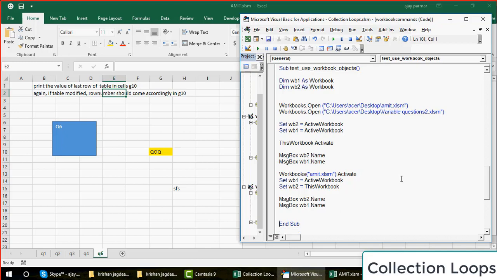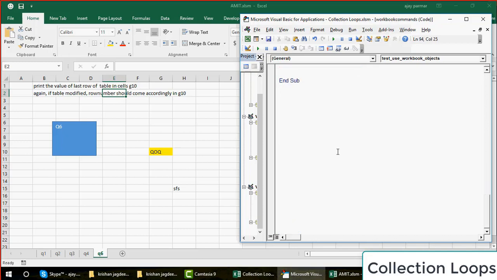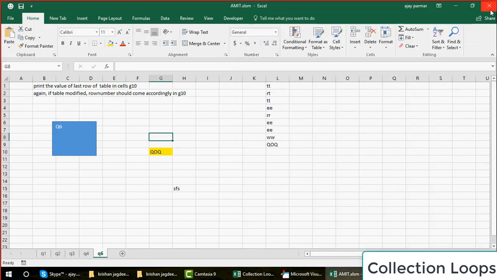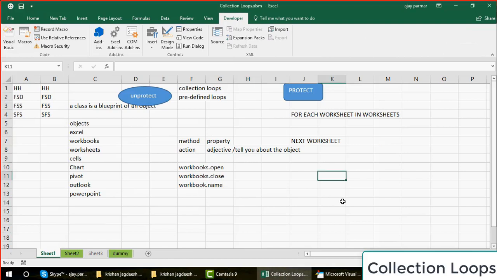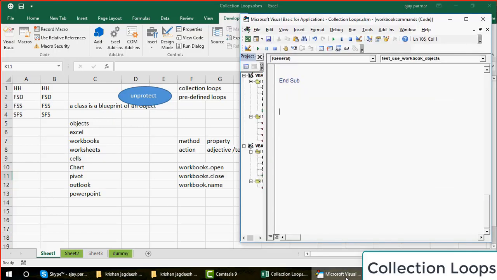Now this is all about the workbook part. But we will not stop here. We can define the sheets also. You can also define the sheets, and I do this a lot. For example, I want to refer to my dummy file. So I don't like writing Sheets("dummy").Select, Sheets("Sheet2").Select. No. We can create the objects for that as well. So what are you going to do? See this.